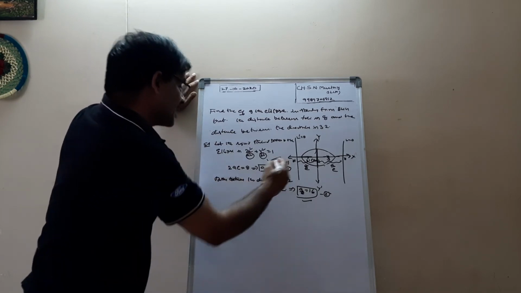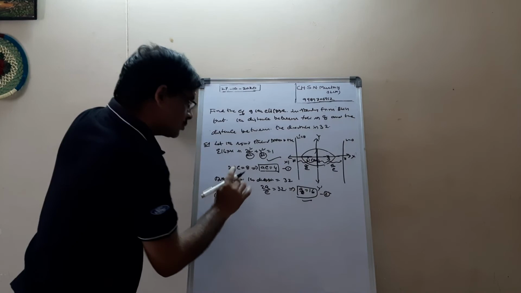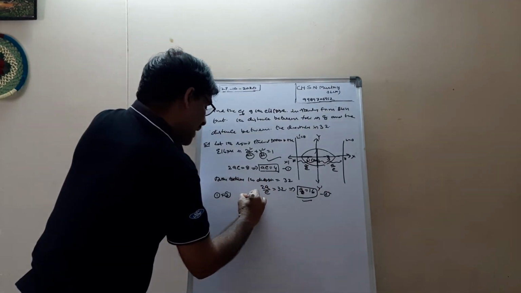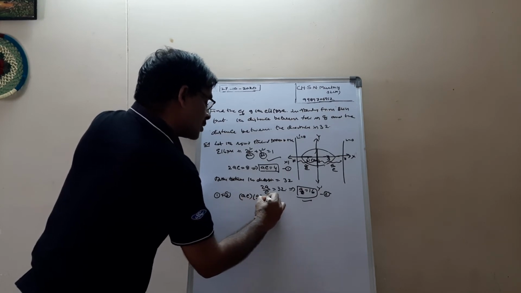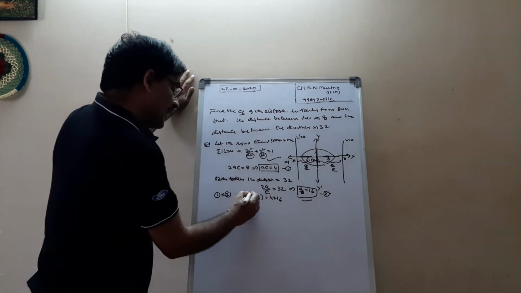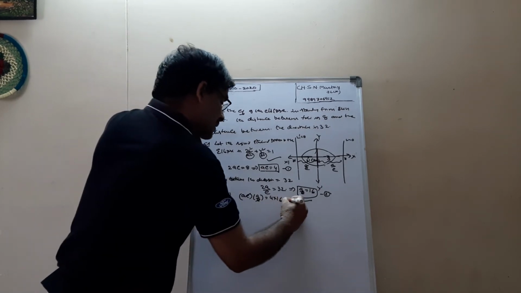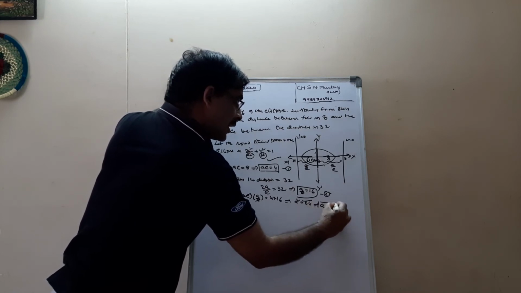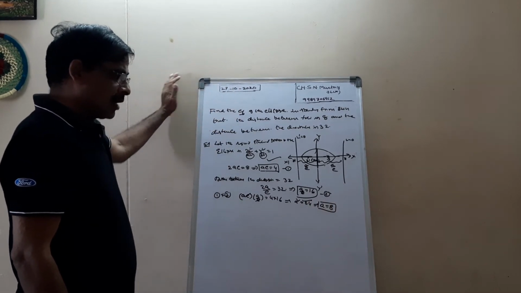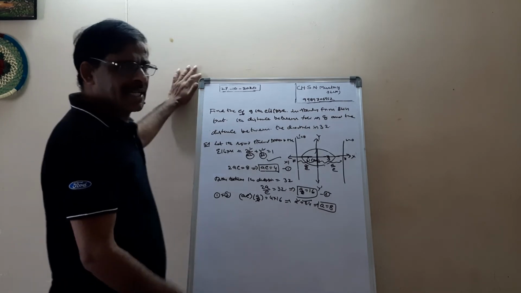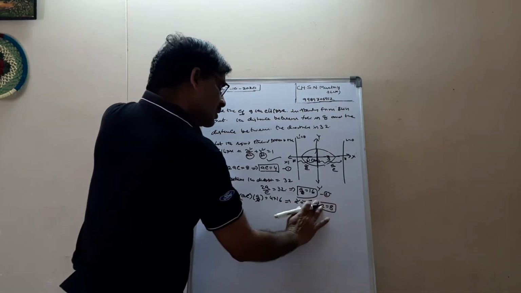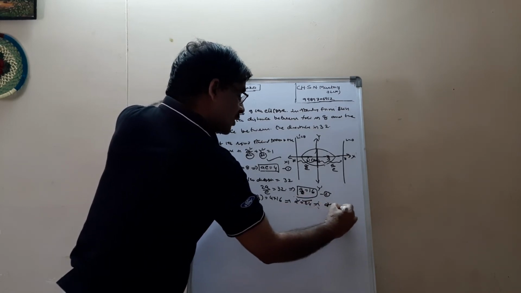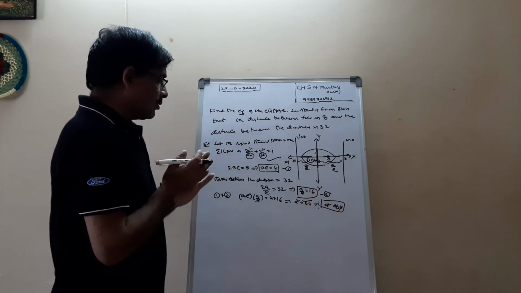Let me consider the first and the second equation, and multiply them. What happened here? ae into a by e equal to 4 into 16. Here e and e cancel. So a square equal to 64, or a equal to 8. No need of writing a, because we want a square only. So keep it a square equal to 64. Keep it aside. Okay, we have the a square value.